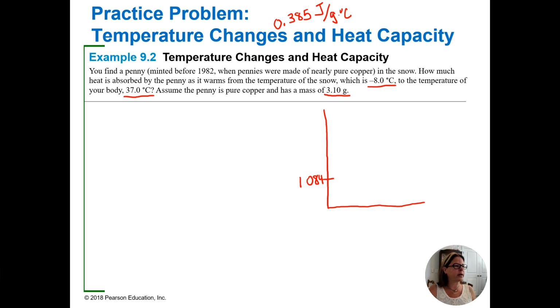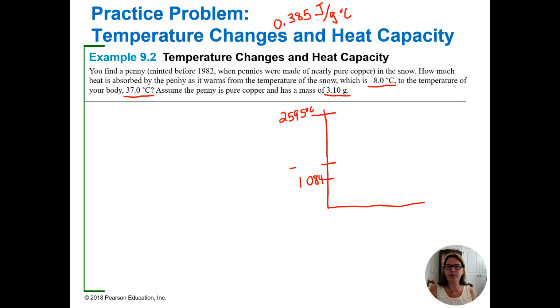Not melting, boiling, sorry. Its boiling point is 2595 degrees Celsius. Now, in this particular problem, the copper penny is going from